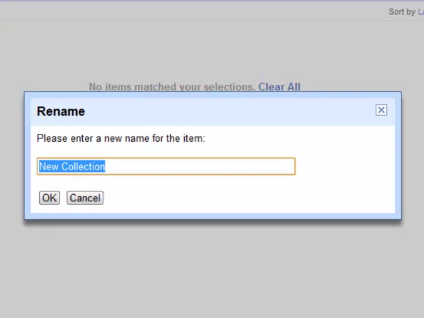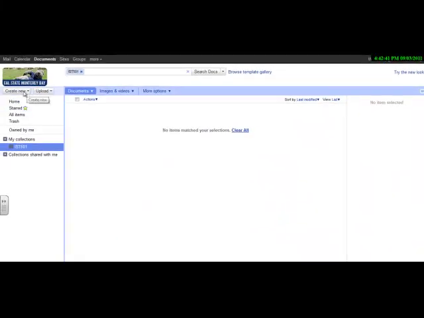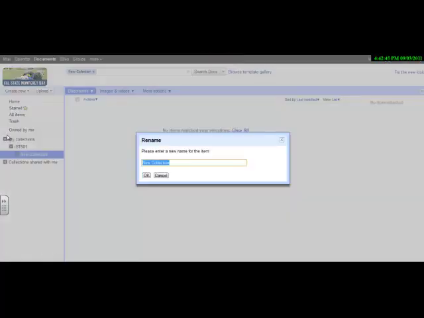So the first one I will create is the one for our class, IST 501. And I will click OK. So now I have a folder for that. And then I will repeat the process with another collection for IST